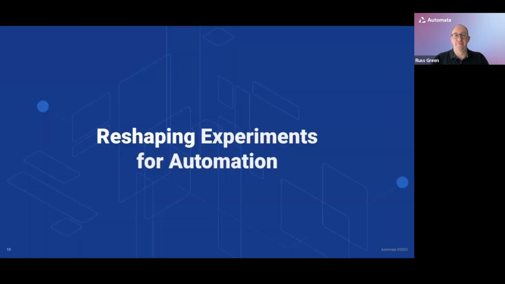So how do we address this stuff? How do we reshape those experiments to allow us to build automation? If all these things are challenging for us, then what can I do in terms of my experimental design to adapt them and make them more automation friendly? Really, the reason why we'd want to do that is to make it more likely that our adoption of automation is successful. And going back to some of these challenges, when we spend a lot of time building deeply customized systems and a lot of bespoke widgets, that tends to drive a higher chance of failure, both a failure point within the system and a failure in terms of adoption, because the implementation time tends to go up.